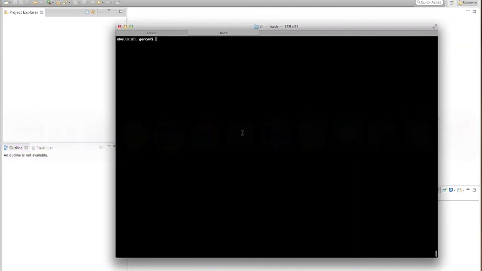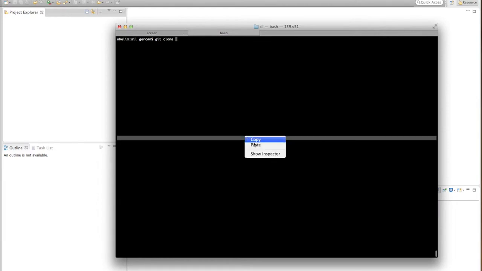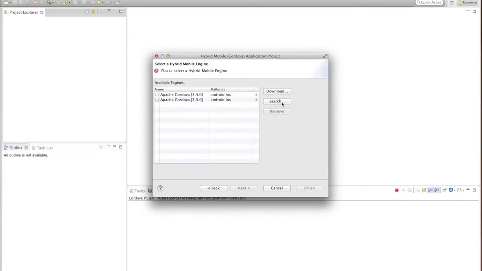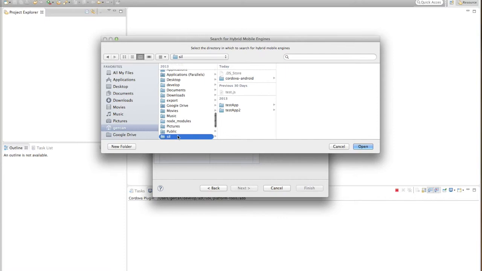For that, I will just clone my fork from GitHub to a directory here. And where is it? Yes, there. Click the search button, select the directory,